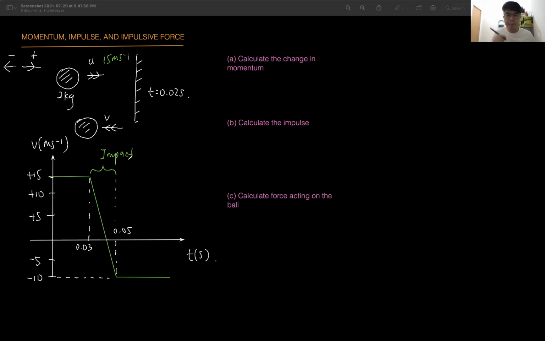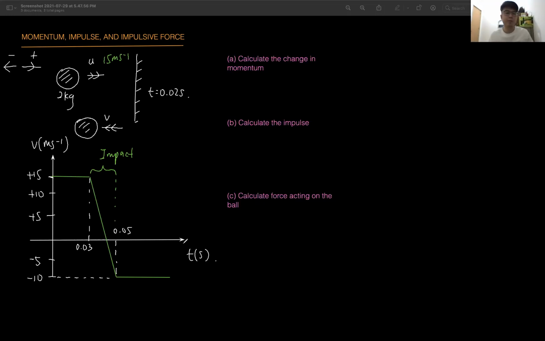The impact happened over milliseconds, a very short period of time. If we take slow motion, the velocity hits and then it deforms, slowly decreases, hits zero, and then moves